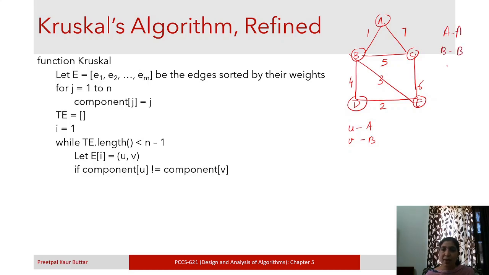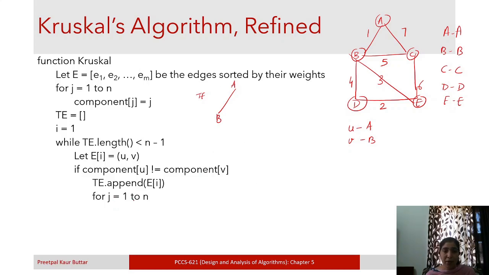Component of A is A, B is B, C is C, D is D, and E is E. So component of A is A and component of B is B. They are different. So it means we will add this to the tree, right? Suppose this is TE, it will contain this edge A comma B, right?